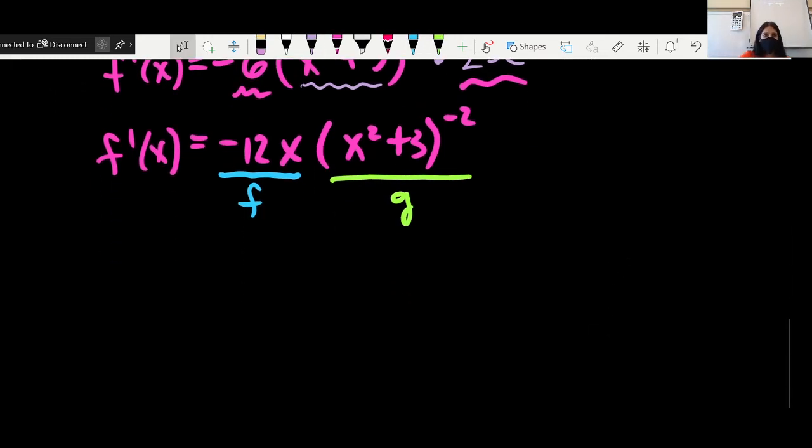You don't have to, but I really find oftentimes the biggest issue with this stuff is organization. So I'll just remind you that if we want the second derivative of this thing, what we would have to do is we would have to do f times g prime